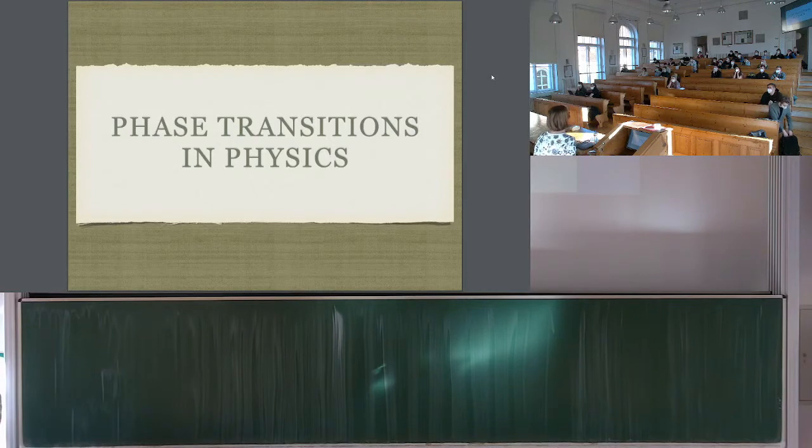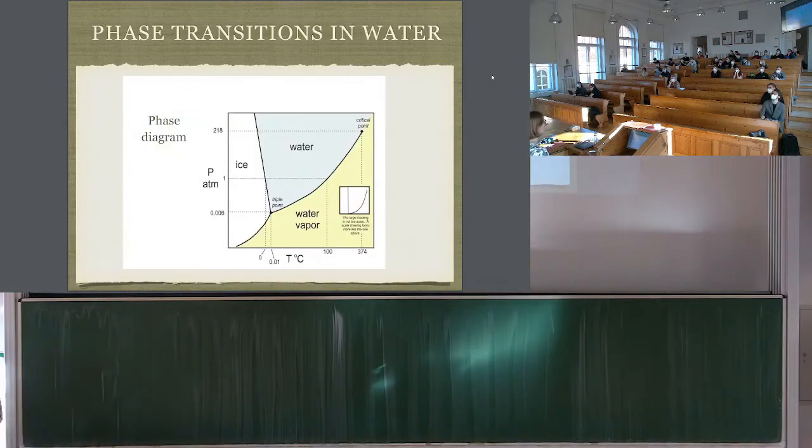Phase transitions and physics. So I will start with a bit of physics, some things that you have probably seen in high school. You have probably seen a phase diagram like that. No? What does water do when you change temperature and pressure? So you know that at low temperature you have ice, at all possible pressures you have ice, and you have this phase with water and water vapor.